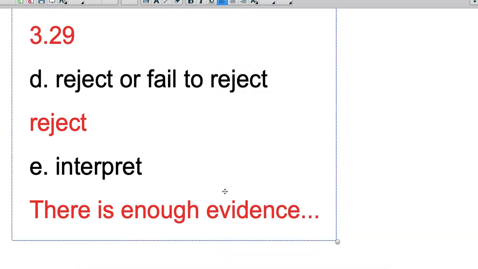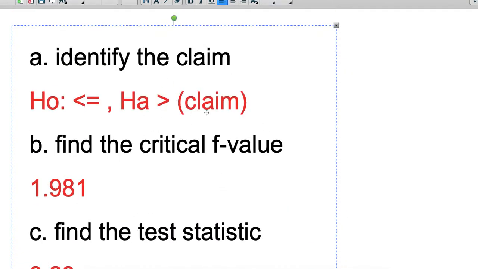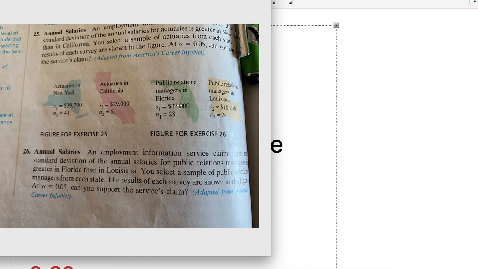There is enough evidence that Florida, I can actually read what the book writes for it. There is enough evidence at the 5% level of significance to support the service's claim that the standard deviation of the annual salaries for public relations managers is greater in Florida. And I mean, it was bigger, but I think, with a 5% level of significance, we can conclude 95% level. Anyways, okay, hope that helps. That is like one of your online